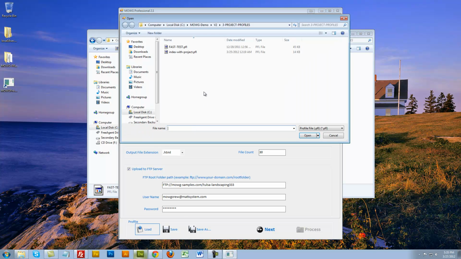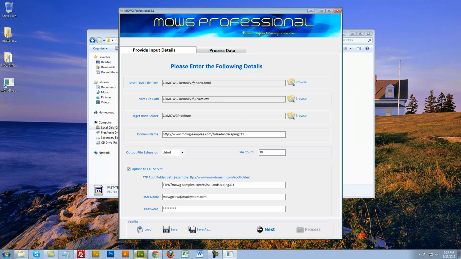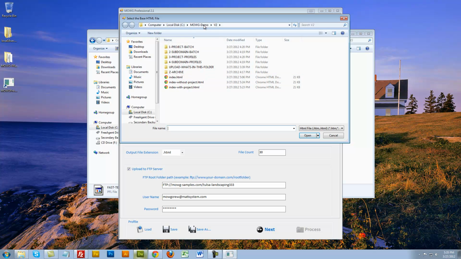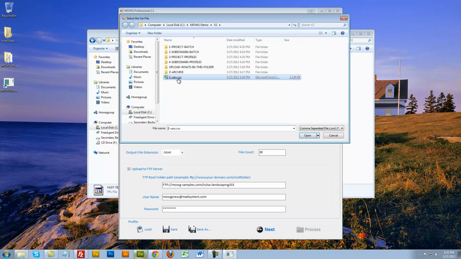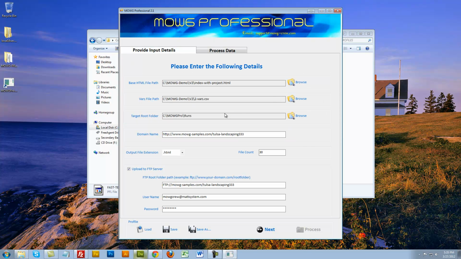Fast test, let me just make sure I loaded the right one. v2 3 project folders, fast test. Okay, so this one's going to be for project, right? So I'm going to grab the index with project token. The var sheet is perfectly fine, so I'll just grab that again just because I resaved it. I'm going to put it into MOWG Pro /runs, and this one I'm actually going to put into a particular folder called